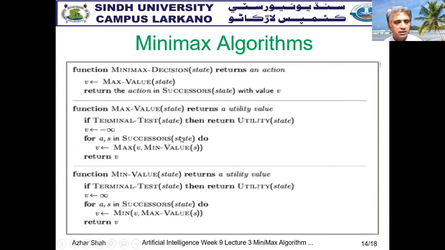These are three functions: the minimax decision maker function, the maximum value function, and the minimum value function. All of these functions make use of the other functions, which are the successor function and the utility function. So the successor function and the utility function are important mathematical functions which tell us the current state, the current move and the last move, and then minimax, the decision maker, makes the decision and makes the moves.